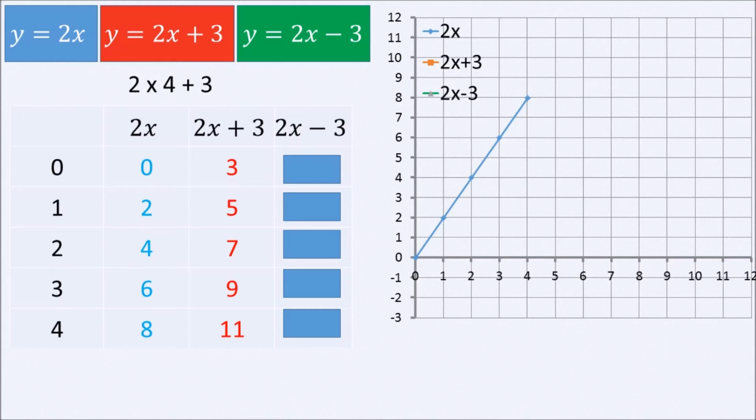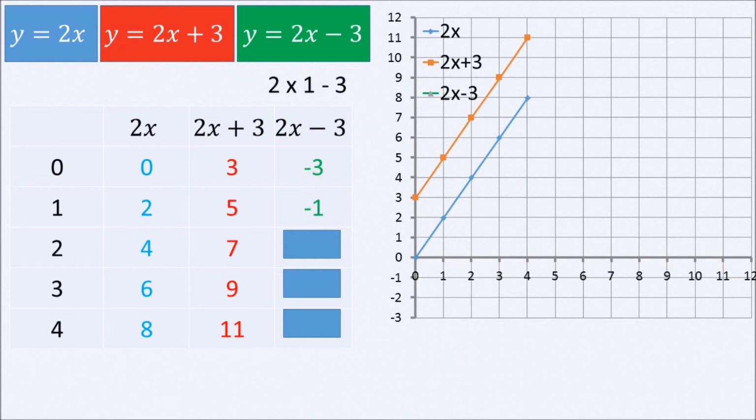As we have done with the previous line, we do the same with the equation y equals 2x plus 3, and we plot these points on the graph and connect them together, and we get this red line over here. Finally, for y equals 2x minus 3, we start calculating the values of y for each value of x, as we have done with the previous two lines, and we get for x equals 0, y equals minus 3,